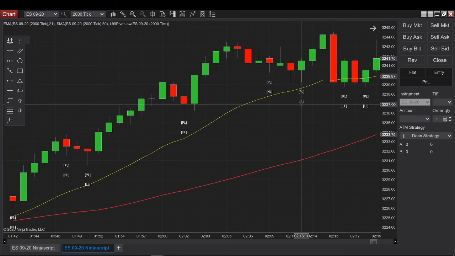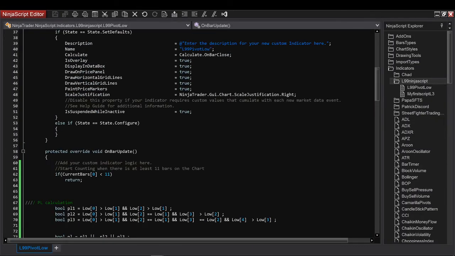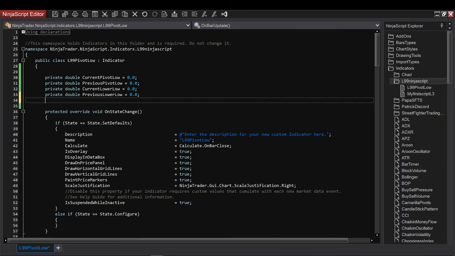Of course, when you see, let's say, Mac or Day One traders, what they will say is that they will also put a count on this. Instead of putting lower low, higher low, higher low, lower low, they will have a count. But it's fairly easy to have the count. What do we have to do? First, initialize a count. So private double, let's say count of pivot low. And I'm gonna put it as 0. So the count is not a double, it's an integer, right? Because it's 0, 1, 2, 3, 4, 5. Okay, so I initialize it like this.